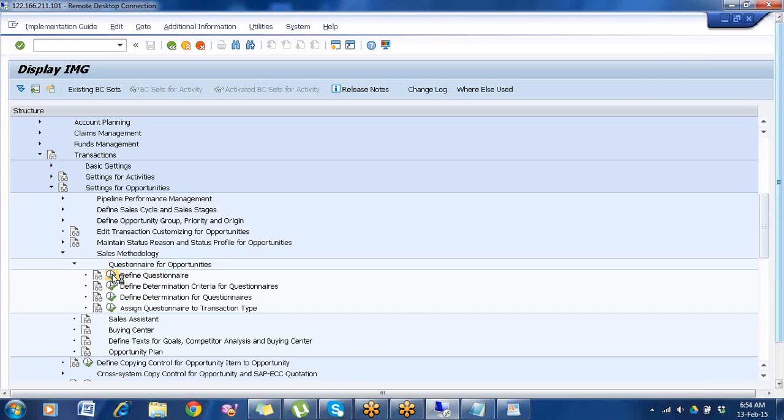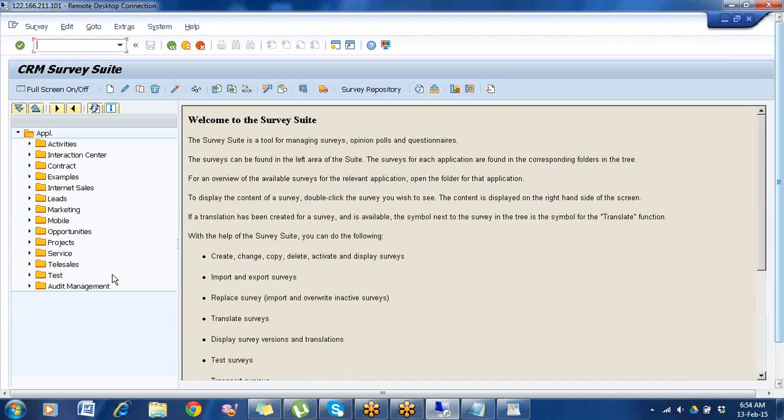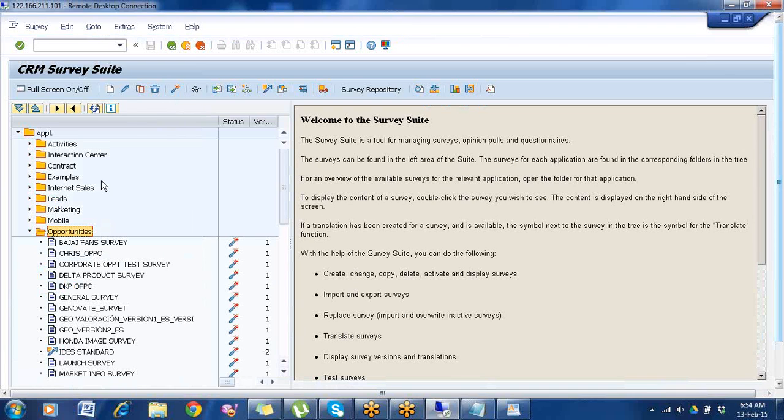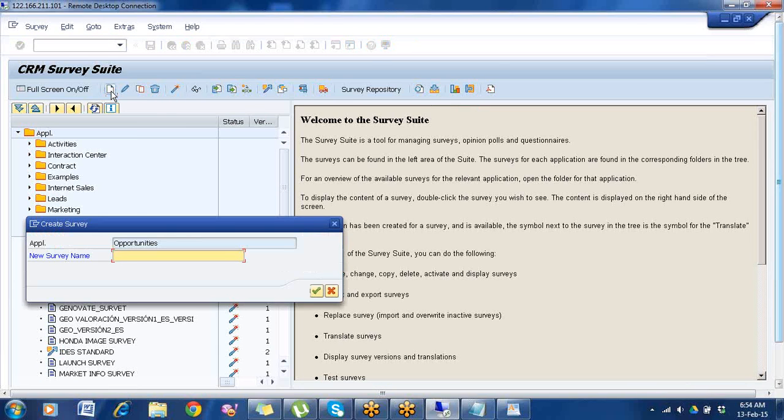Define questionnaire. We want to do it for the opportunity. Select opportunity. If you want to try for the lead, you can select lead also. Select opportunity and click create because we want to create a new questionnaire. Click create.